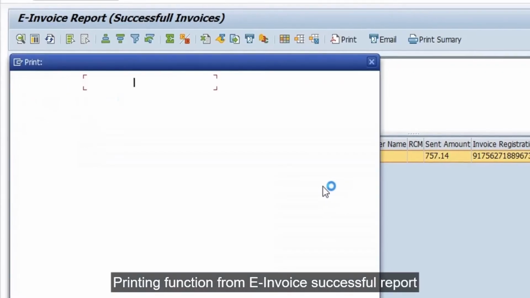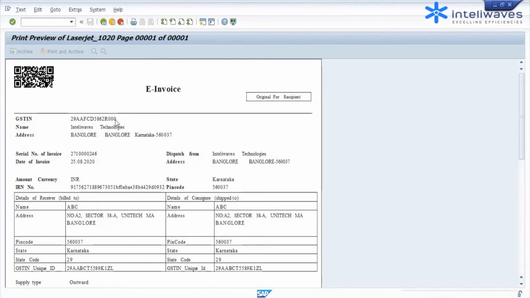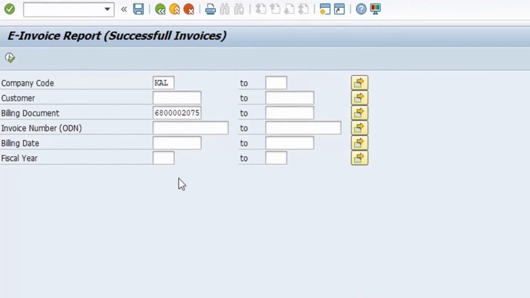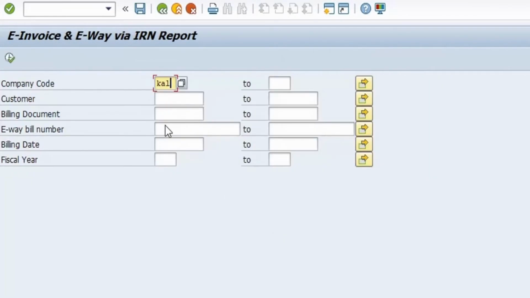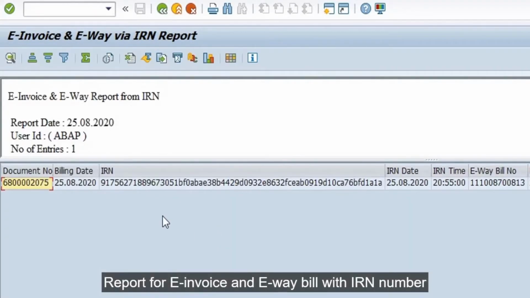Printing function from the e-invoice successful report. Report for e-invoice and e-waybill with IRN number.